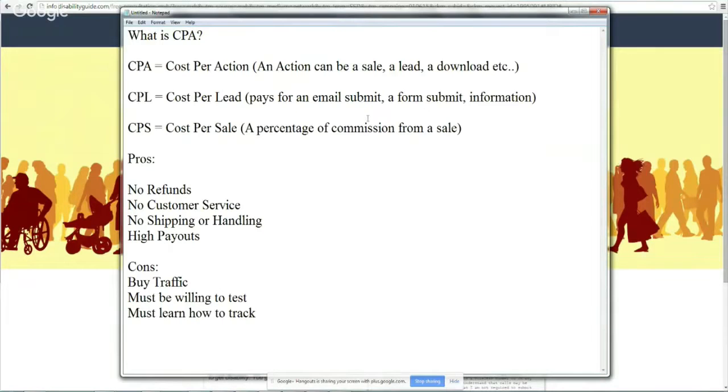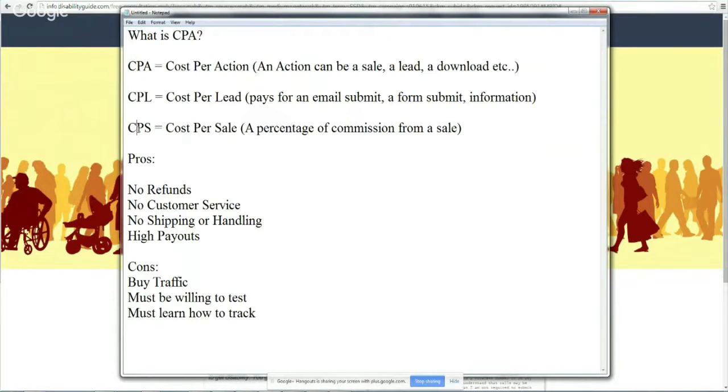I'm sure you've all been to an email opt-in form before. Sometimes companies pay money for those email submissions. So if you see an email submit online, companies will pay a couple of dollars just for an email address even. And then usually a longer form, I've seen payments go all the way up to $30 for a form. So they're paying for that information, they're paying for that data, and usually on the back end of a CPL, there's some type of sell offer in place, or they have a call center, right? Because they have to monetize that lead.